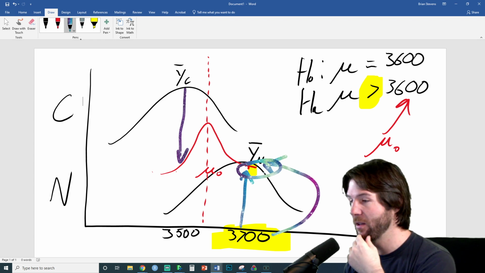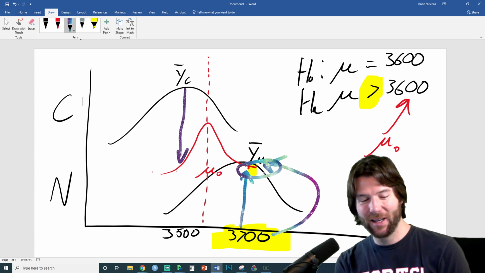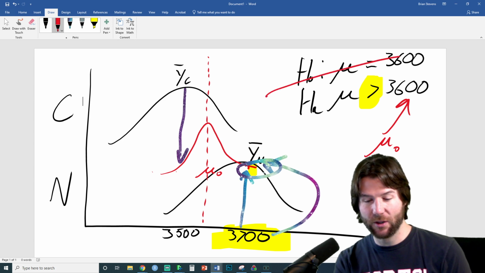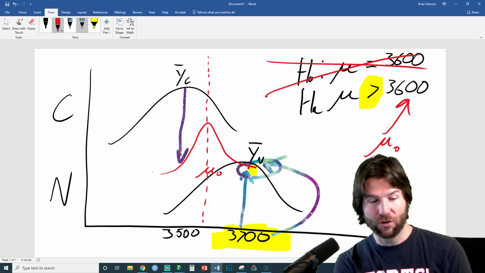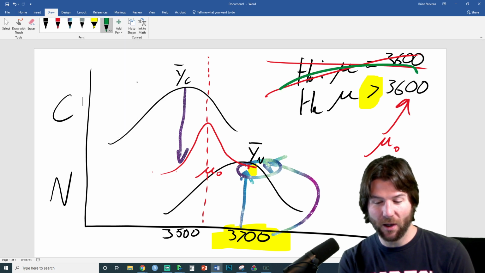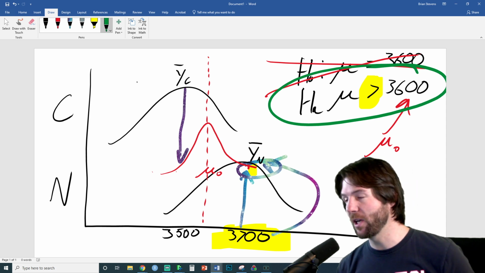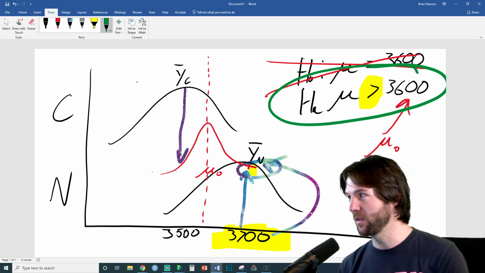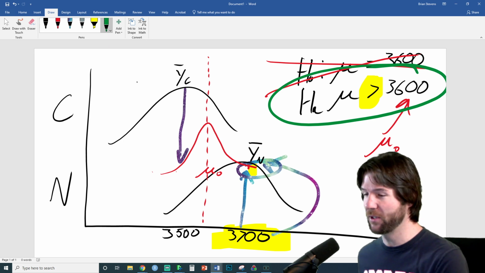So we'd be saying we reject the null. So we'd say I reject the null that 3600 is the truth. I have evidence that the true mean, we got to put in a green pen now, I have evidence that the true mean is above 3600. So I'd say I reject the null for the new machines. I have evidence that the new machines would have a mean above 3600. Yes, that's what I like to see.